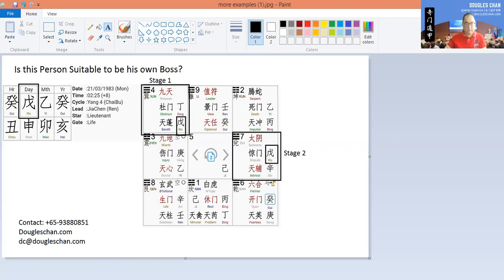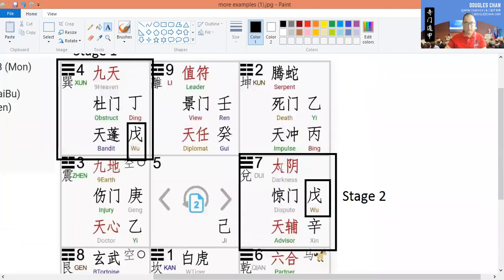In his current character, let us zoom in. What does it really mean in terms of definition? The darkness is somebody who is more introverted, does things a little more secretively, and keeps a very low profile, but he or she can help people and can be quite scheming in doing things behind the scenes. And dispute is somebody who is able to argue well, very good in talking, and may create disputes, meaning a lot of arguments. So it may not be a very fantastic character in that aspect.